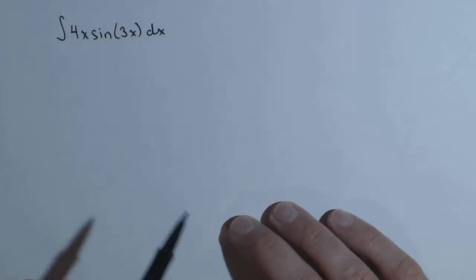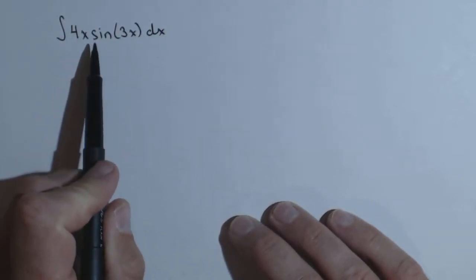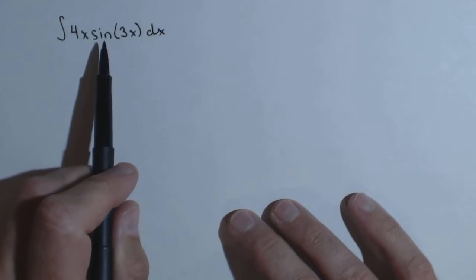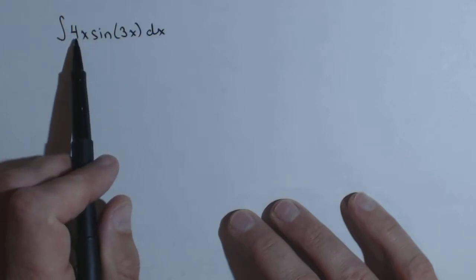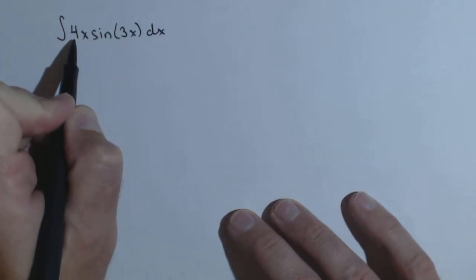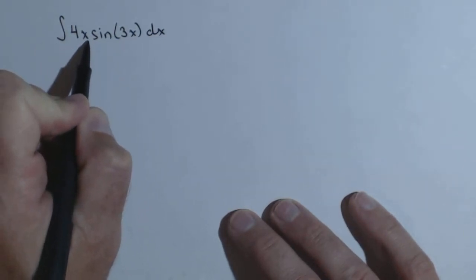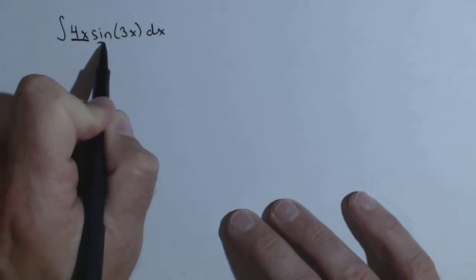In this video, we're going to find the antiderivative of the product 4x sine of 3x. So this is an integration by parts because we can't just split up an integral over multiplication. And we can use these two parts as is. If you want, you can pull out the 4 and leave it till the end, but I'm seeing two distinct